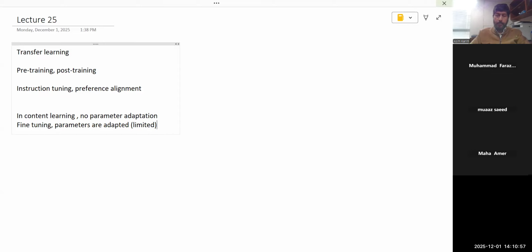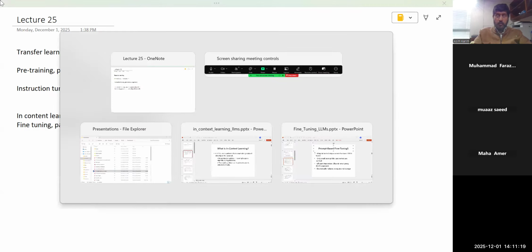This would be the scenario that most people would be using in their companies, either using in context learning or using fine tuning: standard fine tuning, which is sometimes quite expensive, or prompt-based fine tuning or prompt tuning. Okay, so let's look at these very quickly.